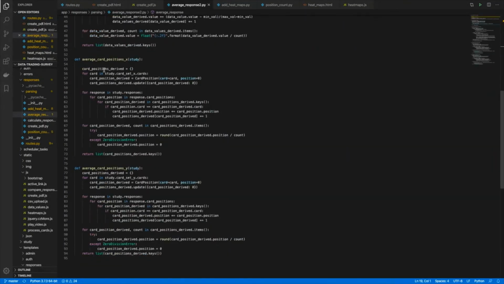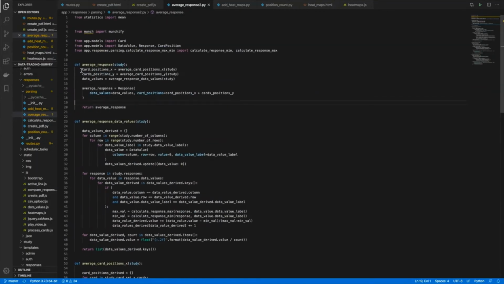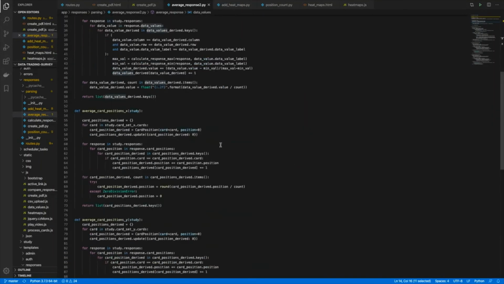The average response method up here uses submethods to calculate the average for different parts of the study, such as the average position for the cards placed on the x-axis, the average position for the cards placed on the y-axis, and the average for the values put into the grid.